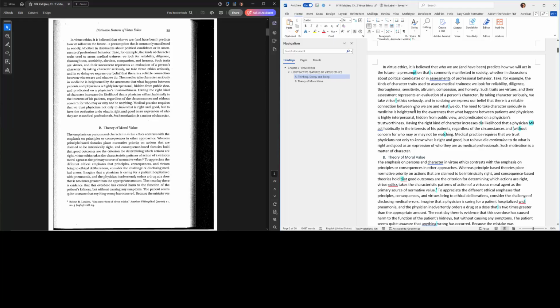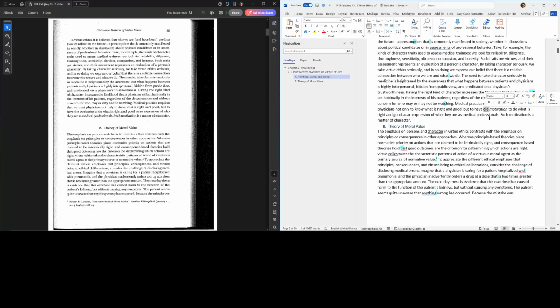By taking, we take virtue, ethics, virtue. So for whatever reason, it just added an apostrophe. That's okay. Having the right kind of character decreases probably the likelihood, I'll confirm that. Decreases the likelihood that a physician will act habitually and without concern.